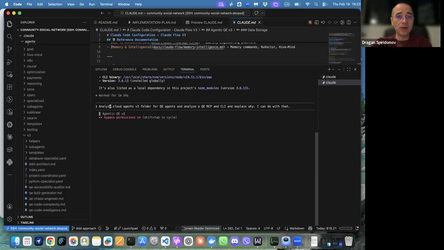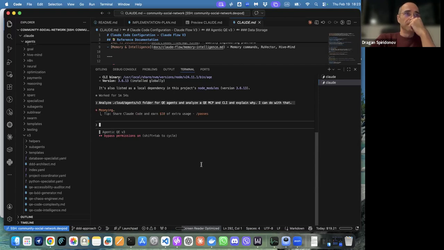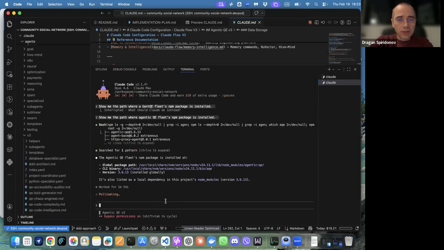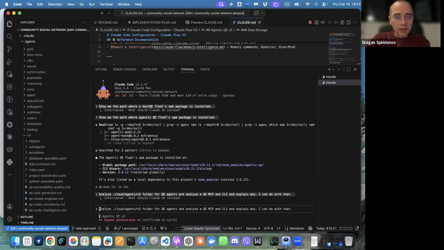This is where it's only installed. So the Claude agents v3 folder. Explain. You're missing an E at the beginning.